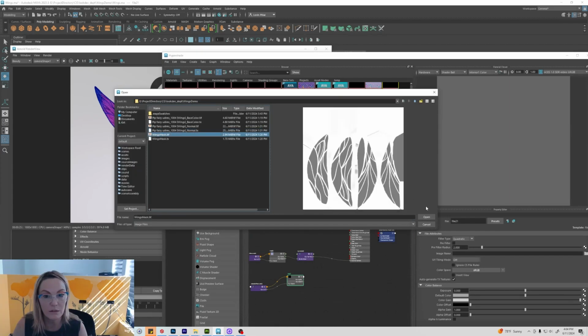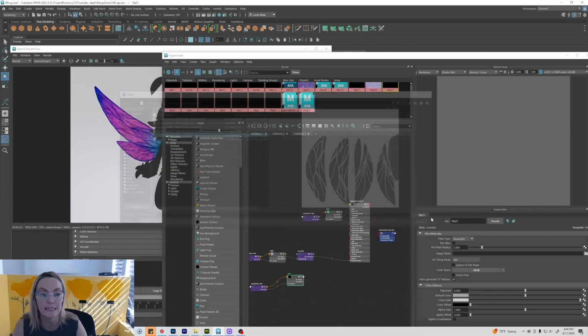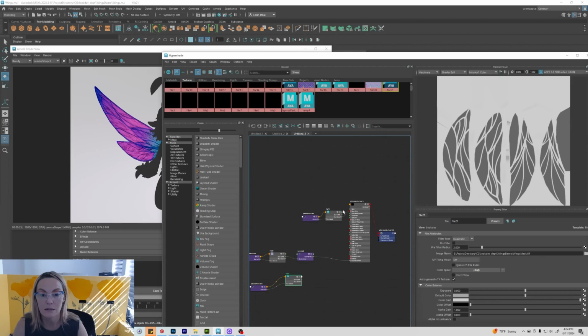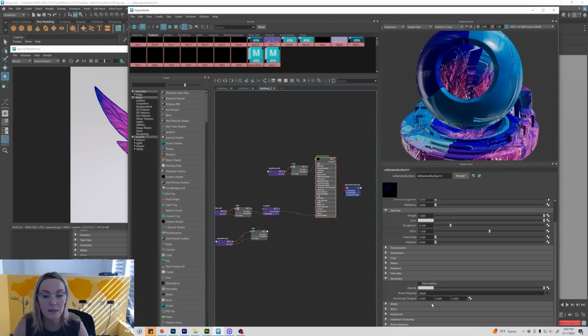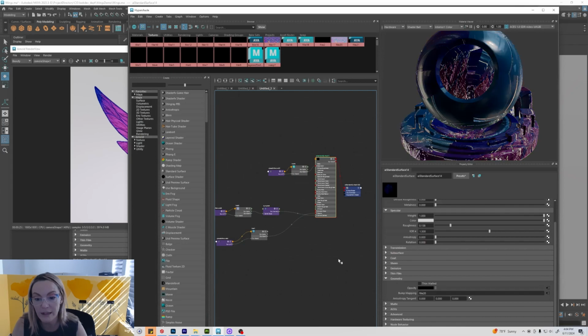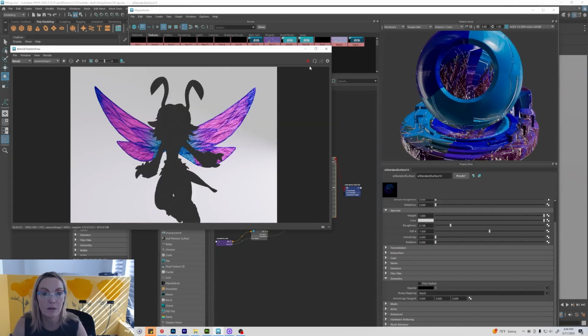All right, and there's our wings mask. So anywhere that is white is going to be fully opaque. Anywhere that is not white, more gray, or even black is going to mean how much transparent it is. All right, so we can plug that in before we start to test some of the specularity treatments, we'll get this set. So I'm going to middle mouse drag that into opacity, and then we can render that to see what that